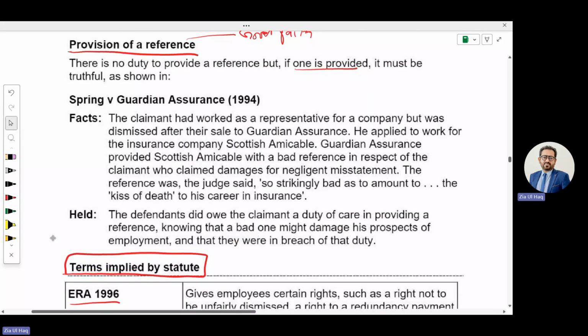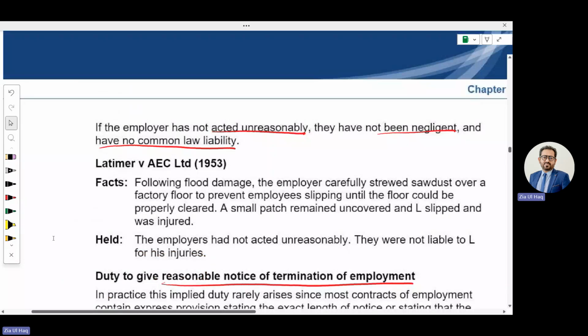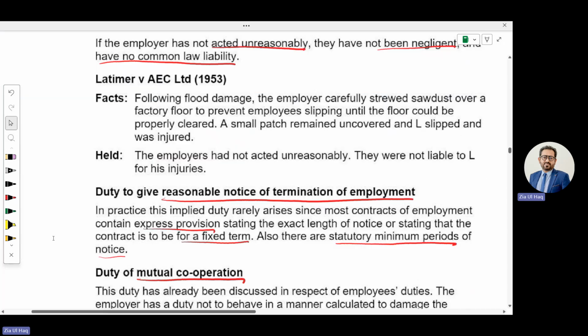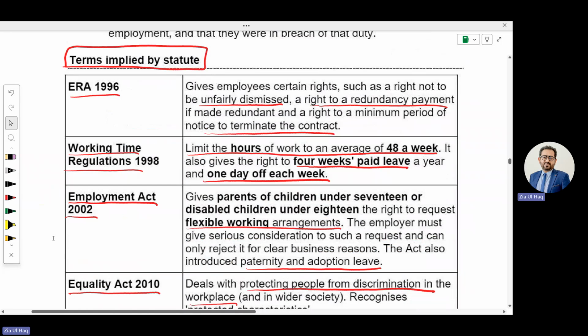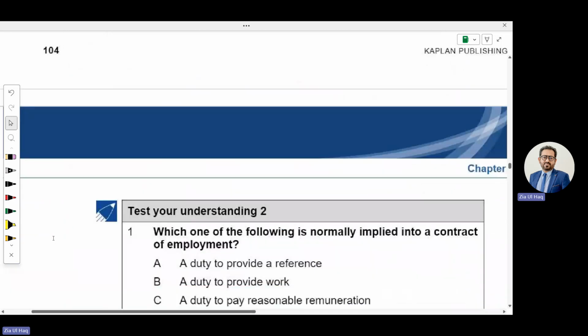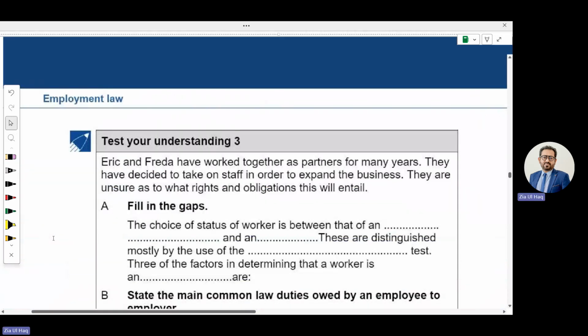Four, we have covered the difference between employee and self-employed. We have covered the contract of employment. What are the express terms? What are the terms implied by the court? Duties of employees, employer, and terms implied by the statute. So let's move towards